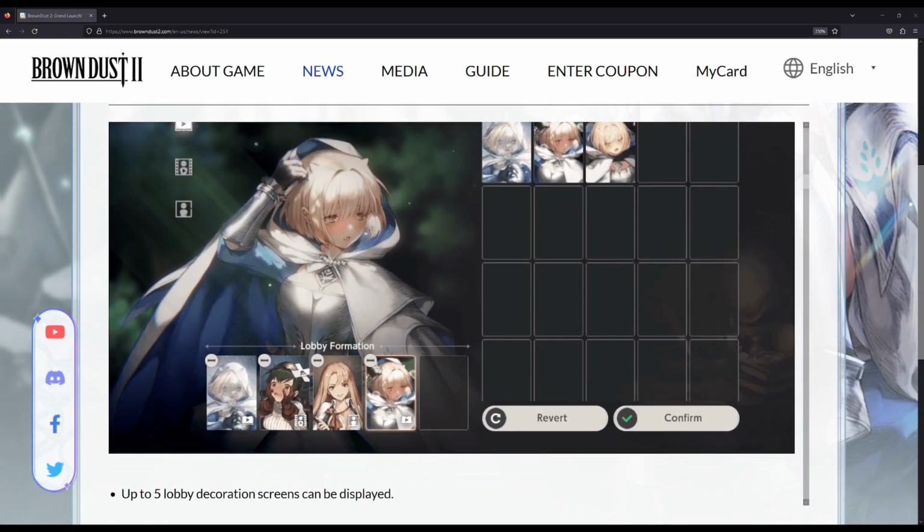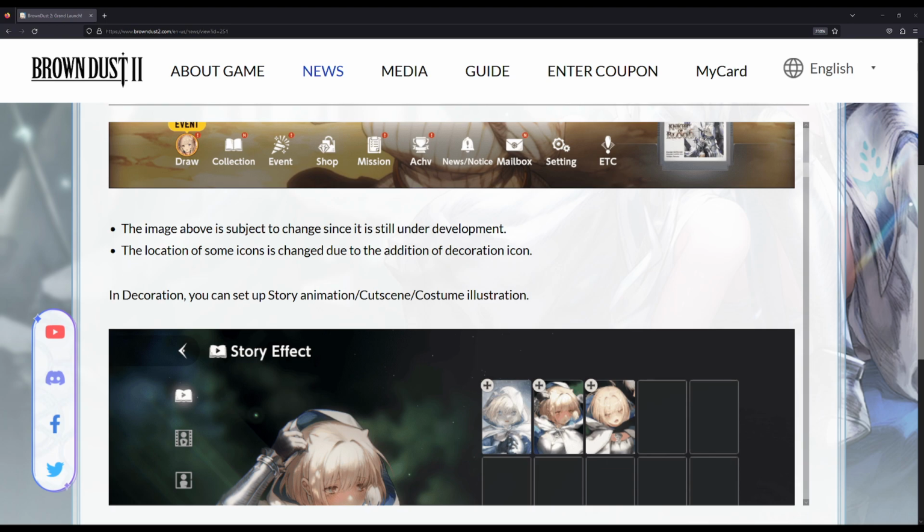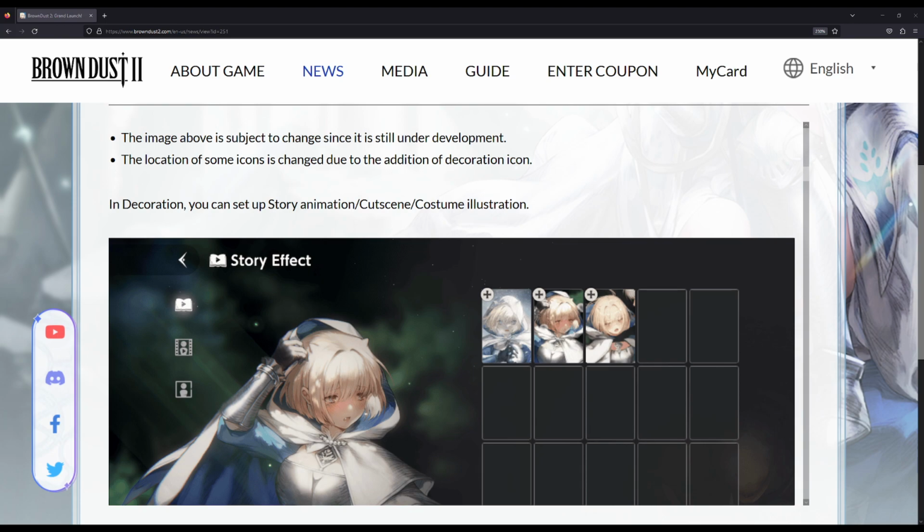Now the other things, like cutscene for skills, that one is obvious. If a unit has a cutscene of the skill, you can use that to display here as well. And any character that will get a cutscene later down the line, obviously you will also get the option to use it as decoration. So with more and more characters getting their cutscenes, you will have some more options to display as well. And then costume illustration is just basic illustration of the character,